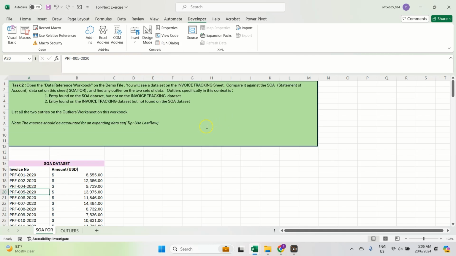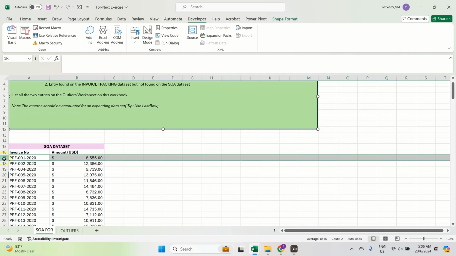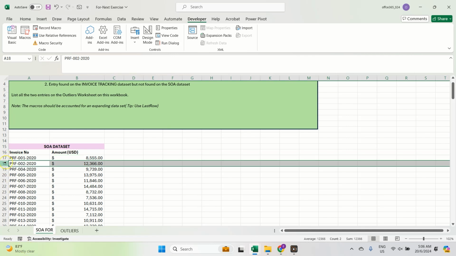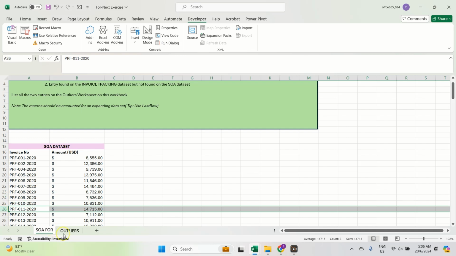And we're going to develop an automation module using the for next looping principle. Okay, so let's think about how we're going to approach this problem. The way we're going to do this is we're going to run a loop whereby we're going to check each entry of, in the example of the SOA, each entry of the SOA against the entire